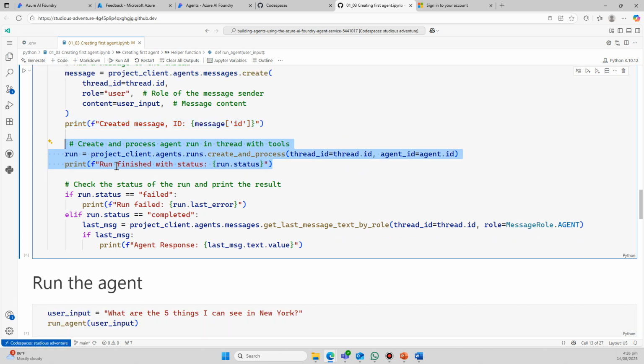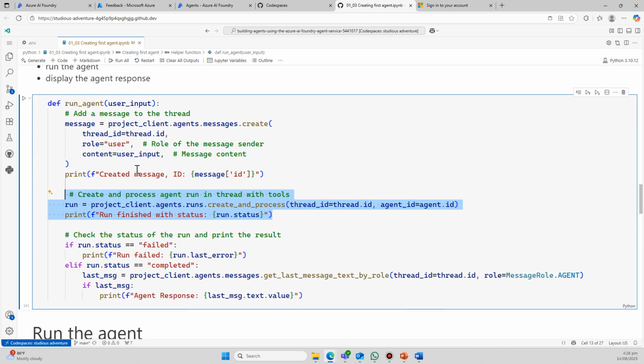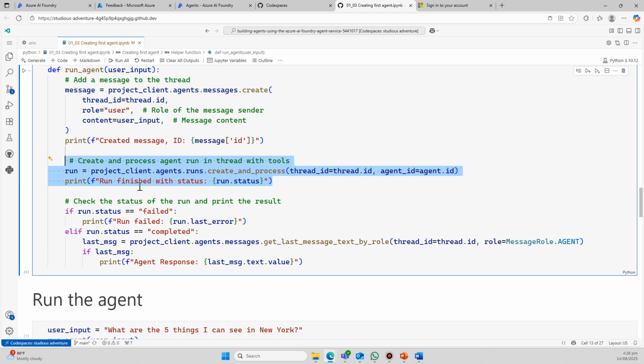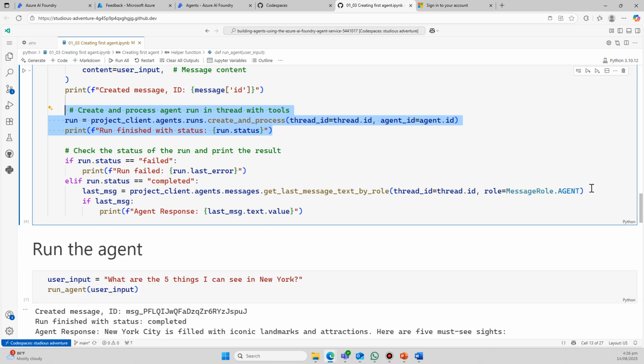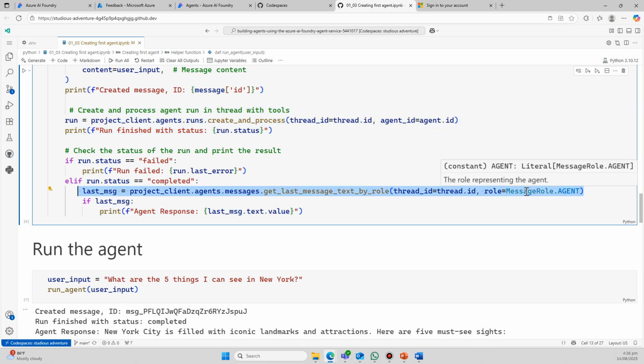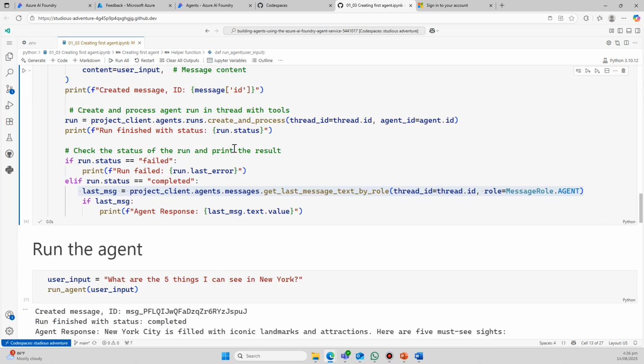What this does is it basically adds the message into the thread, and it also adds the agent response to the thread automatically. And then from there, we just print out the last message in the thread, in which case we want to get the last message by the agent in the thread. So that's basically what the run agent helper function does.